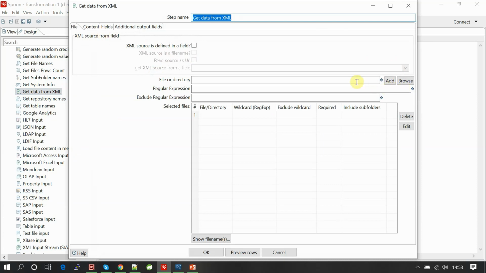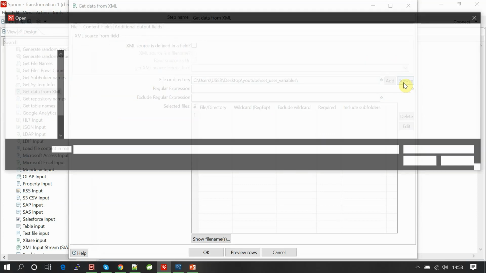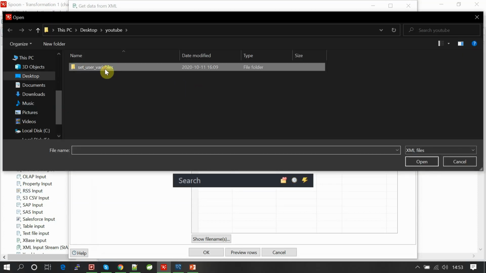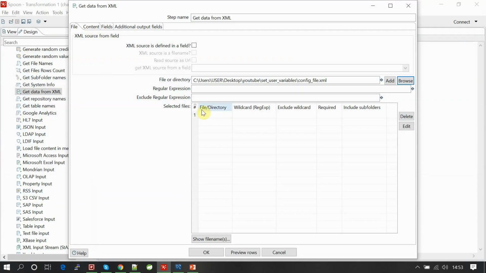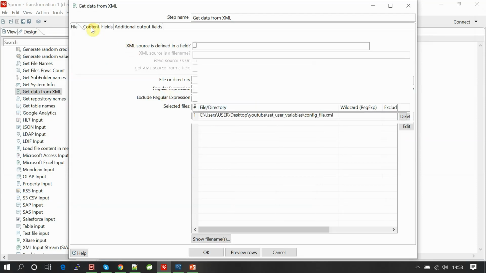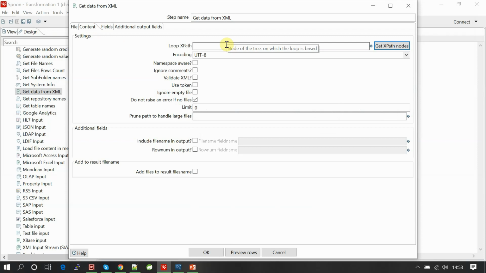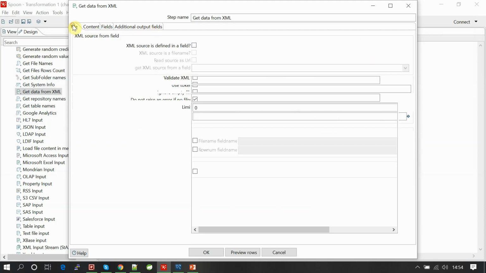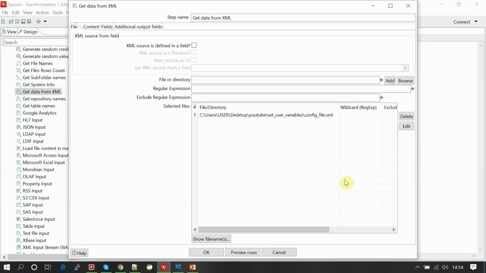File browse, set variables config.xml file, and add it. In the loop XPath, put the config, this should be there, and go to the fields.